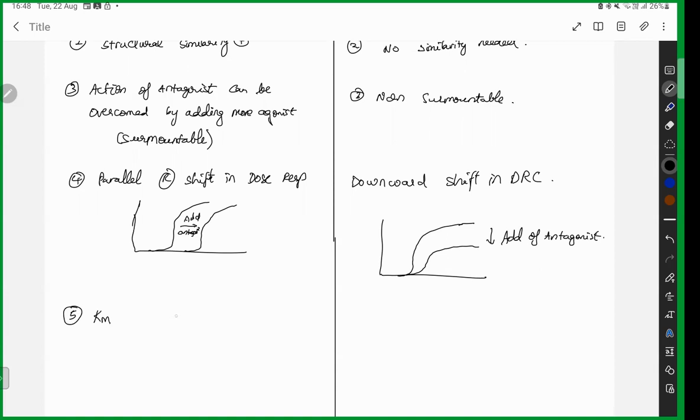Okay, so number 5, this is very important. I'm going to introduce you two important concepts, Km and Vmax. I'll discuss it at the end of the discussion. For now, just remember there is an increase in Km and Vmax is going to remain the same. Whereas in the other case there is going to be the same Km, but Vmax is going to decrease. I'll tell you what it is for sure, but for now, just remember this.